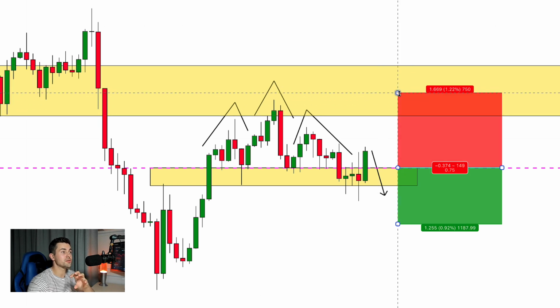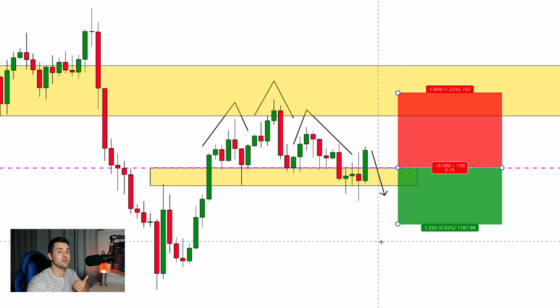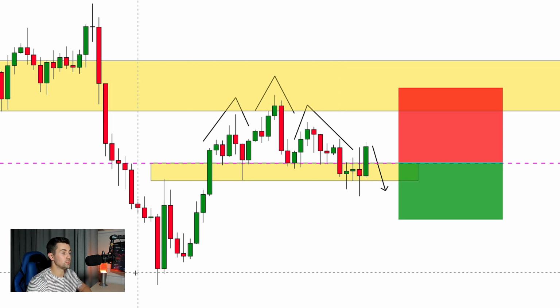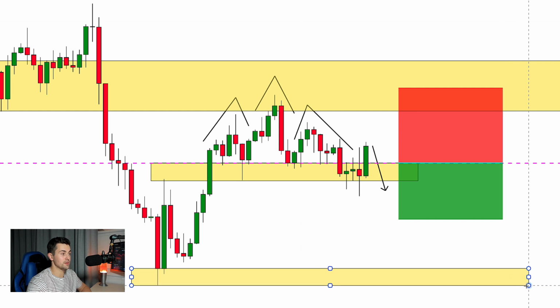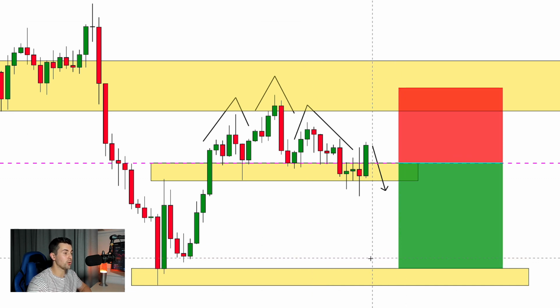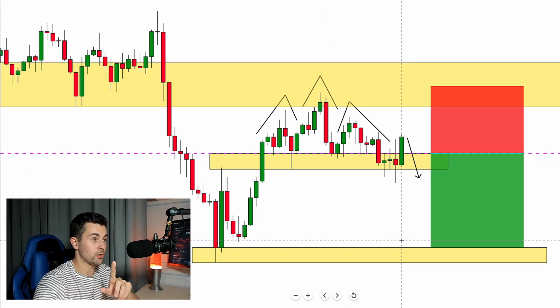So setting our stop loss above the head, our target will be the closest strong structure support. Our closest strong structure support is right here. Yes, it is the current low from where the market initiated this bullish movement. So here will be our take profit. One more very important tip for you right here is that trading the head and shoulders pattern, we should always